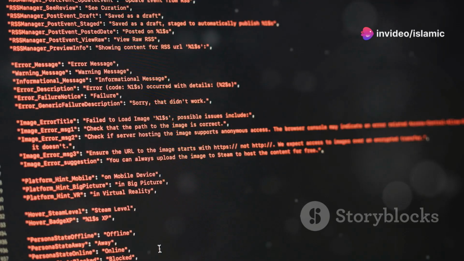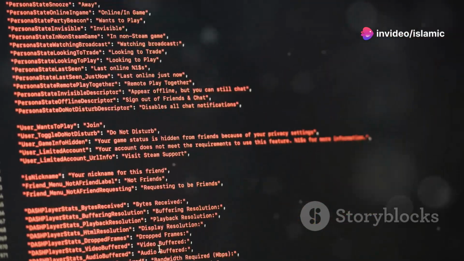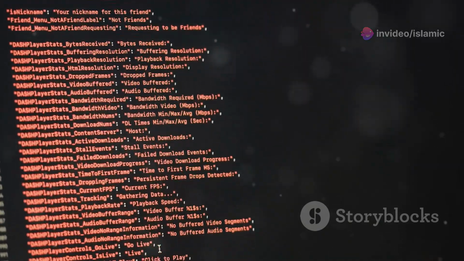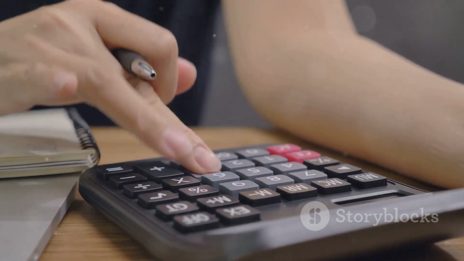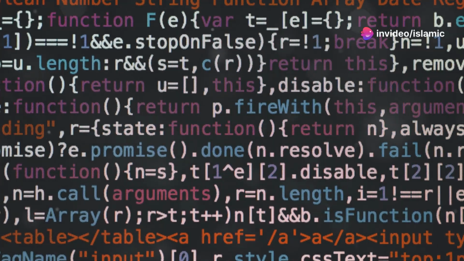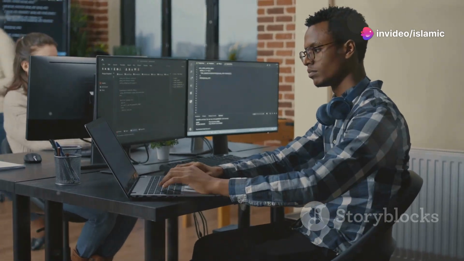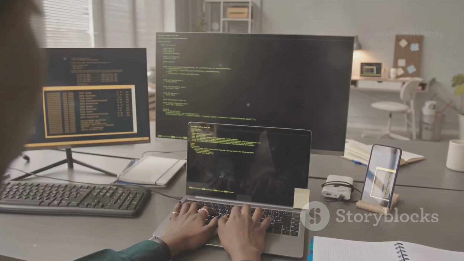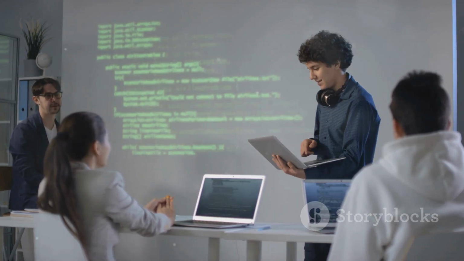Congratulations! You've now been introduced to the fundamental building blocks of Python programming: operators, conditional statements, and loops. You've learned how to perform calculations, compare values, make decisions in your code, and automate repetitive tasks. Remember that practice is key to mastering programming. The more you experiment with these concepts, the more confident you'll become in your Python abilities.